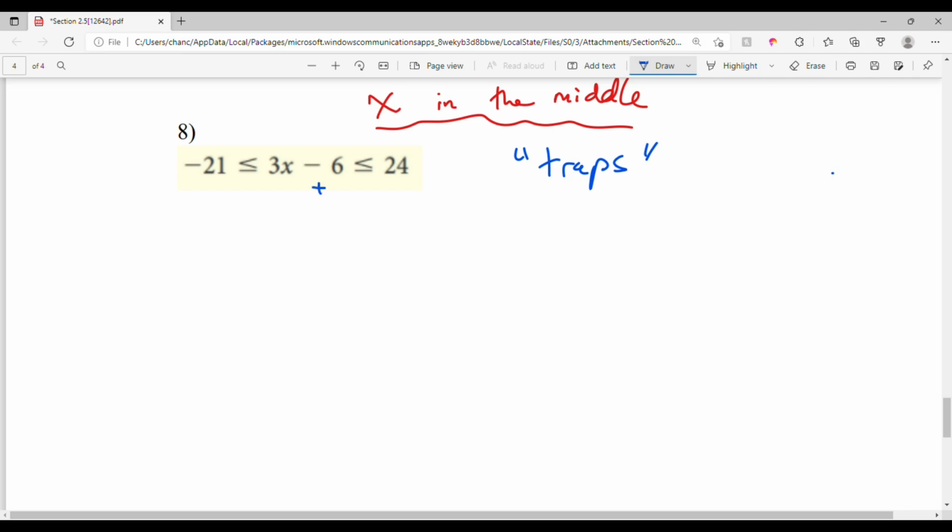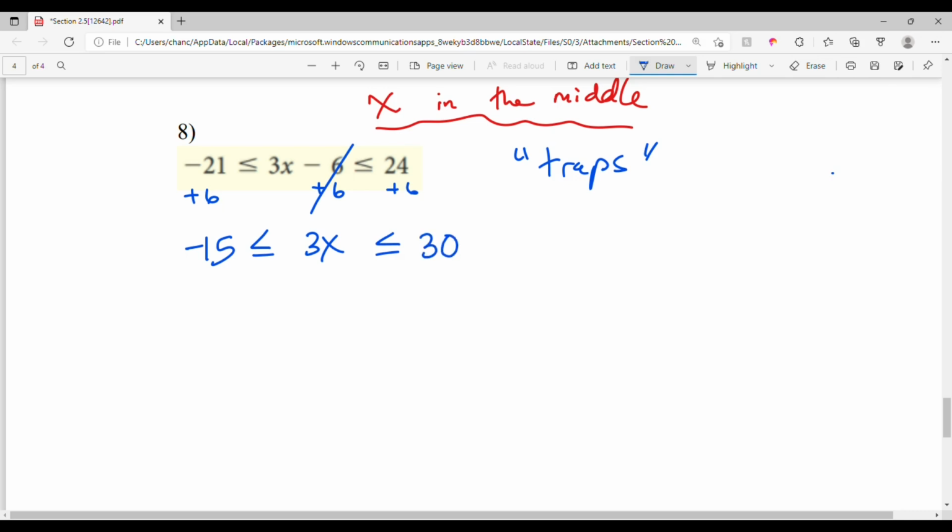I'll start by adding 6. And when you add 6, you have to add it to both sides. But wait, there's actually 3 sides. So we have to add 6 to 3 sides of the inequality. The middle, the left, and the right. So it's very important. When x is in the middle here, this is a trap. We have to add to all 3 sides of this equation. Negative 21 plus 6, that is negative 15, less than or equal to 3x. This cancels out. That's less than or equal to